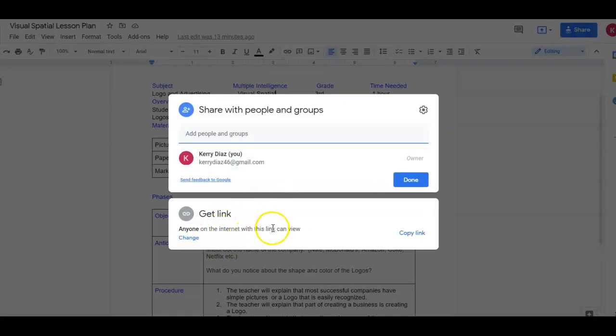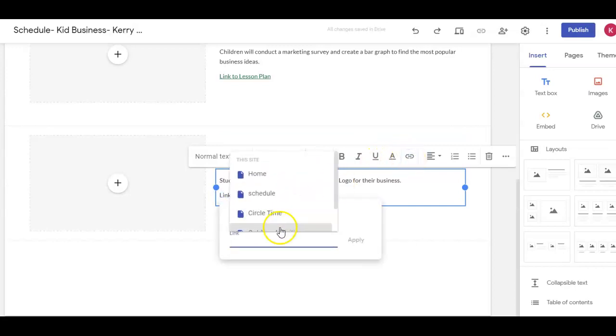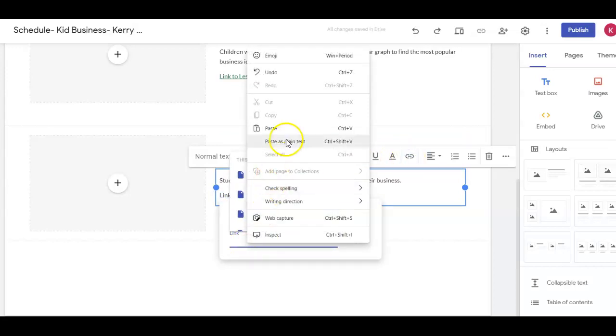Then anyone on the internet with the link can view, so that's perfect. I'm going to copy the link. I'm going to go back to my website, my Google site. I'm going to highlight it. I'm going to copy and paste